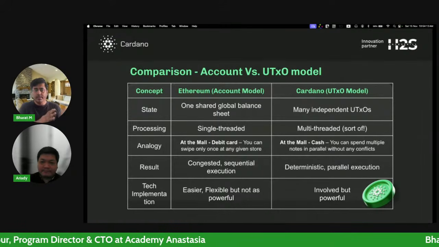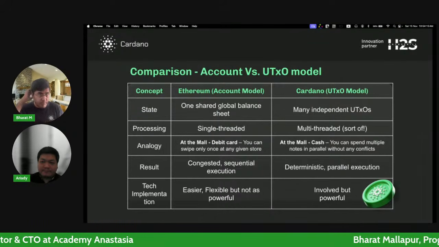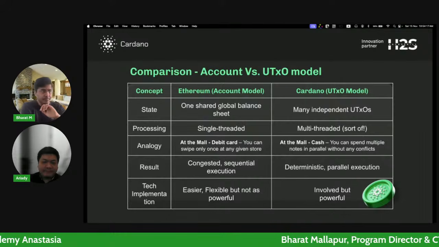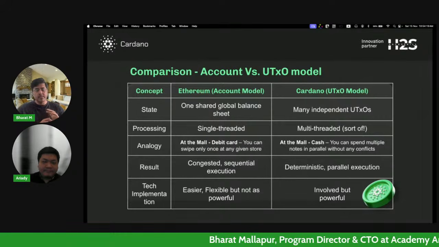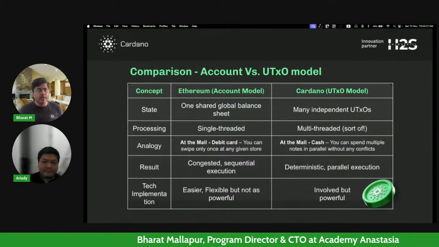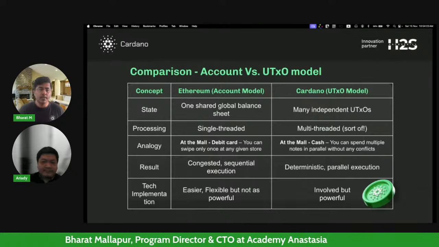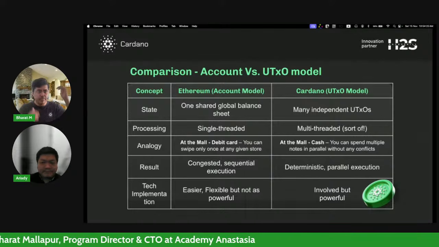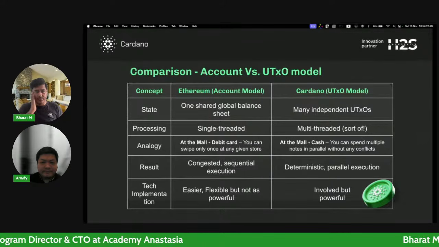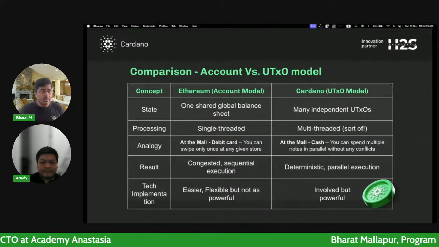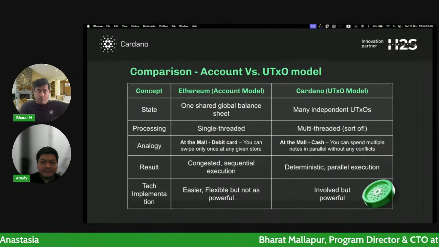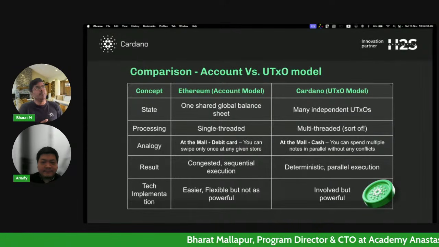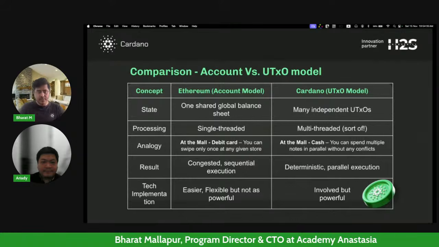So we'll quickly take a look at the Ethereum model versus Cardano. I don't know how many of you are familiar with Ethereum, but basically in Ethereum you have one global balance sheet, right? Everybody's transactions, everybody's balances are written in that. It's like one sheet in which everybody's balances are there.